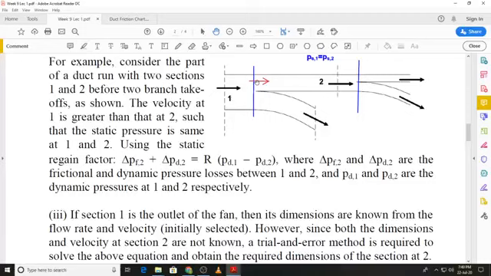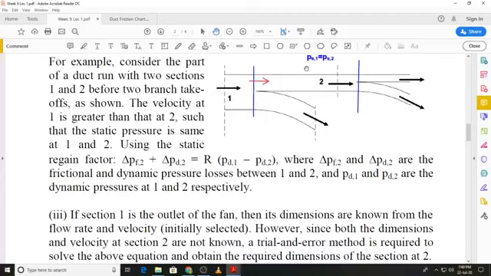And what we are saying is that this velocity that we have chosen as 7 meters per second is such that this increase in the static pressure balances the frictional and dynamic pressure loss between this section 1 and